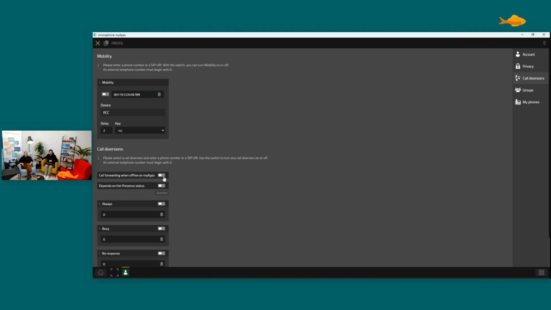So what does that mean? That means as soon as I am offline on my myApps client, the call diversion that I have used here works. So as you see, I am now using it. I've switched it on. So when it's to no response, then there will be a call diversion because when I'm offline, which means, for example, that is what we see so often, when someone is just using the Softphone app,